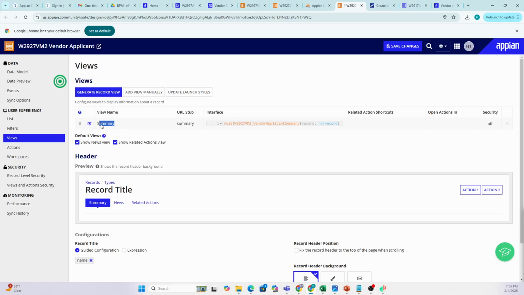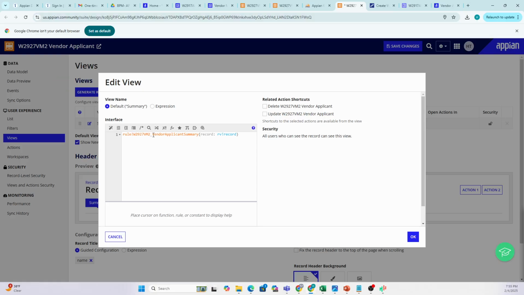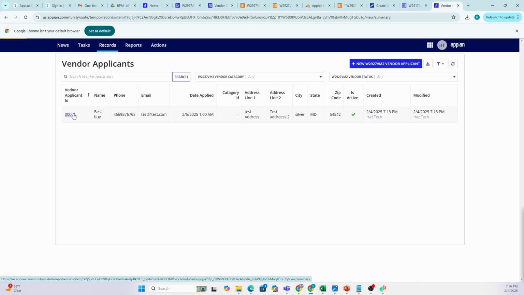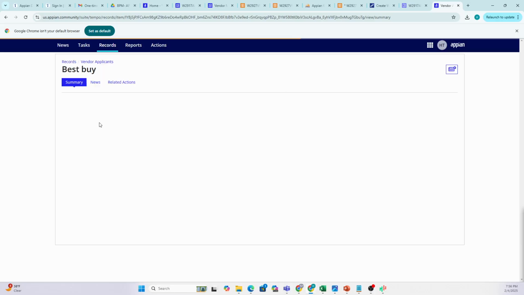So for now, we created a summary page. This guy is a summary page, right? Appian created it for us in a matter of seconds, this vendor applicant summary page. I'm going to show you that. If I click on this specific record, now I will see the summary page, the summary view for all the information, like the contact,